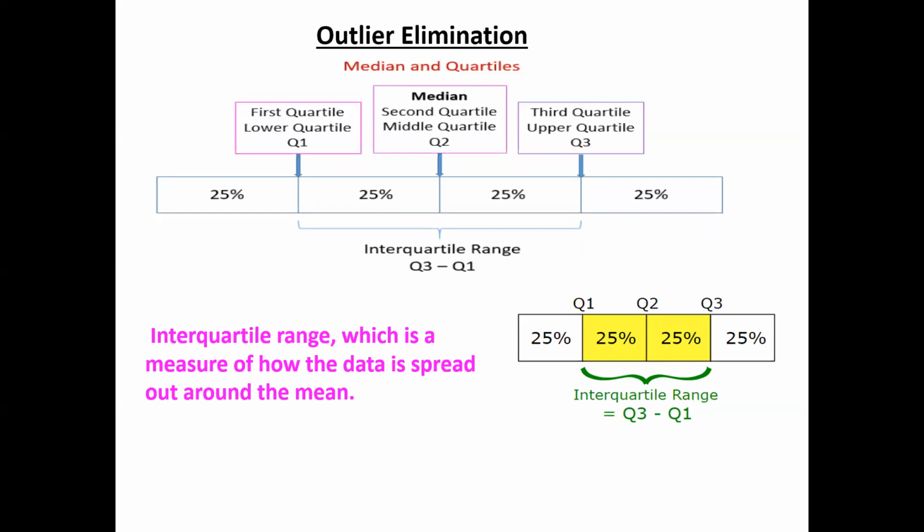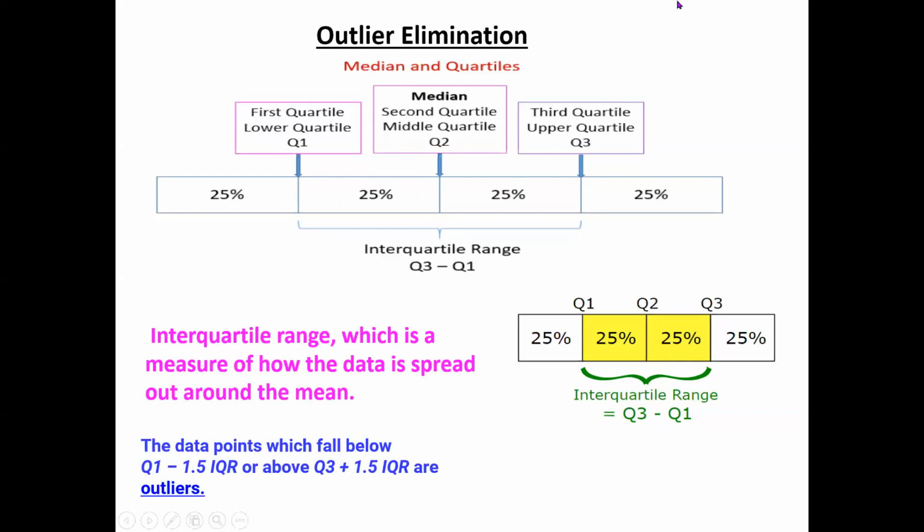How to find the outliers? Of course, most of you may be confused with the formulas I discussed in the last 10 minutes. Not a problem. To find outliers in machine learning, I will give a formula. You just remember that formula and apply it blindly, because the formula is the same for any data set. What is that formula? The data points which fall below Q1 minus 1.5 into IQR or above Q3 plus 1.5 into IQR are outliers.